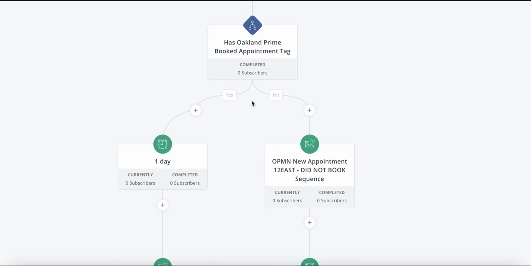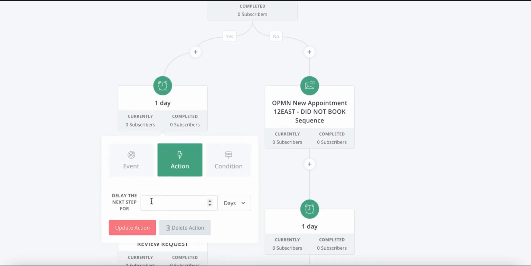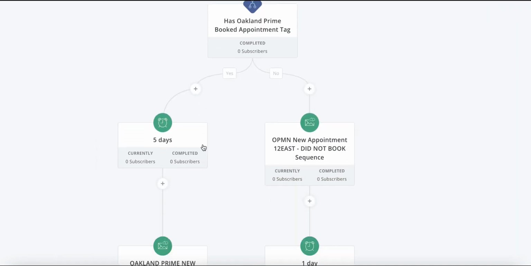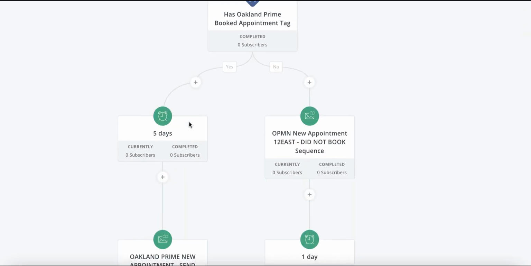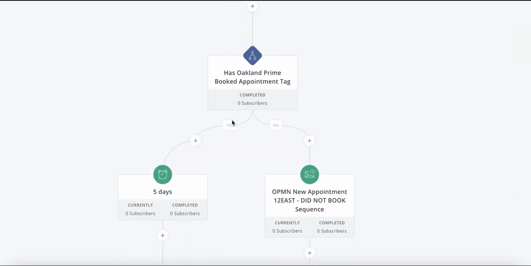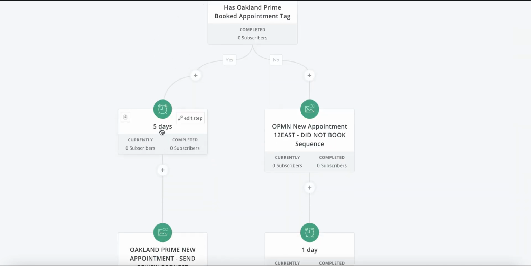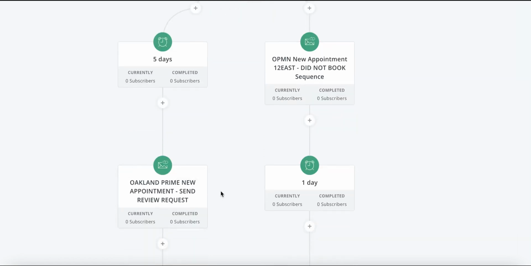He would have gotten a couple of emails. But since he did book, the only thing is he booked it for about 4 more days later. So I'm going to change this and make this into a 5. So he's going to get an email in 5 days asking for a review. That's the only thing I have to update: they have to manually add this tag, and if they don't book the same day, then they book it 4 days later. Then you give them a 5-day review request. All right, so that's an update